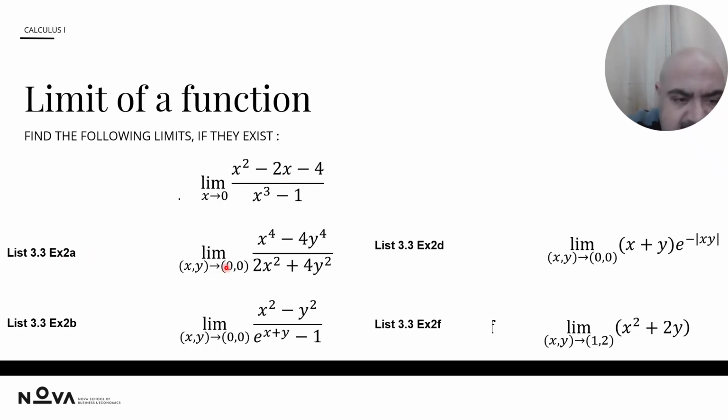If you go for the second one, the second problem contains x to the power of 4 minus 4 times y to the power of 4 divided by, as you can see, and this is a function in several variables, in both x and y. Also, if I try to substitute x equal to 0, y equal to 0, you will find that the value of this function is undefined. It's 0 over 0. In such a case, it will be really very helpful to use simplification, if it is possible, to eliminate this